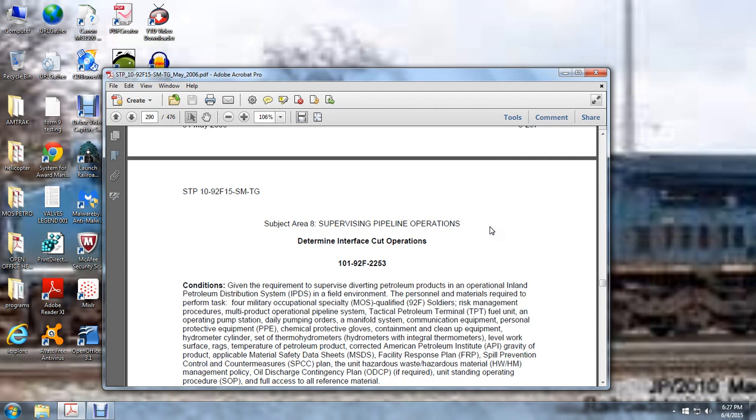Given the requirement to supervise diverting petroleum products in an operational Inland Petroleum Distribution System (IPDS) in a field environment, the personnel and materials required for the performance task are four military occupational specialists qualified in the 92F, Soldier's Risk Management Procedure, Multi-Product Operational Pipeline System, Tactical Petroleum Terminal, Fuel Unit and Operation Pump Station, Daily Pumping Orders and Manifold System, communication equipment, personal protective equipment, chemical protective goggles, gloves and goggles, containment cleanup equipment, hydrometer